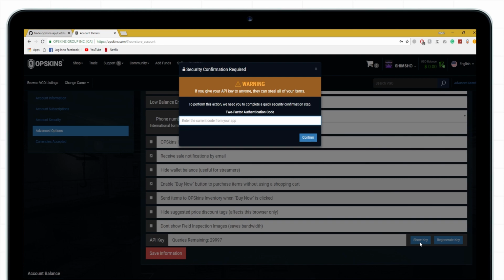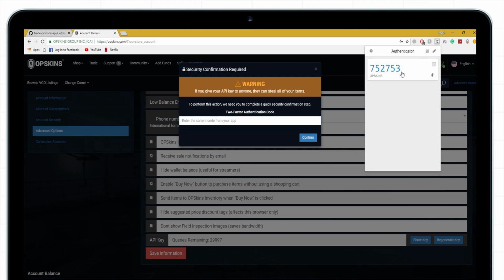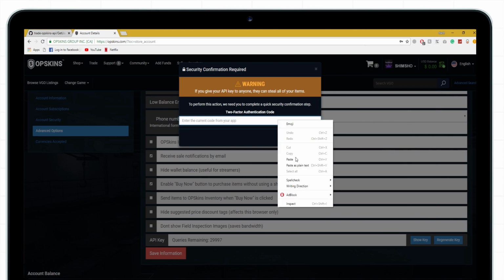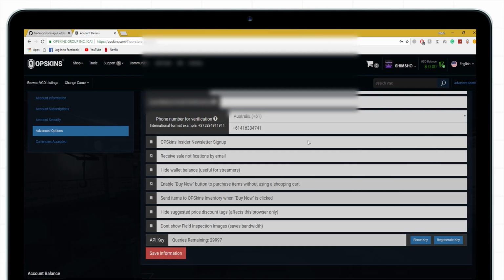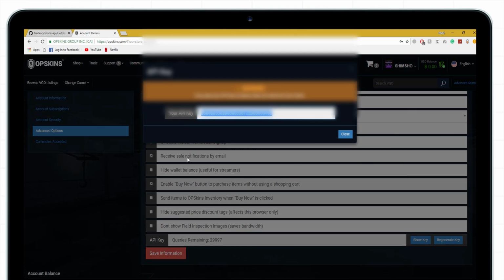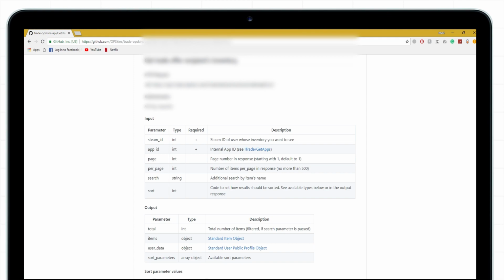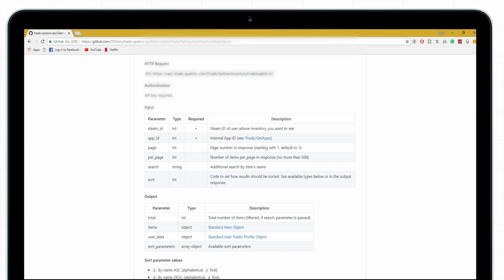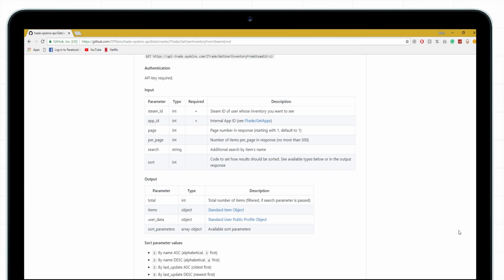Make sure to be careful with your code and who you share it with, as it can be used to steal your items. I've blurred my code during this tutorial for this reason. For now, you can save your code somewhere safe for a later use. Back to the inventory markdown file. We can see the parameters you can use in order to display information about a user's Express Trade inventory on